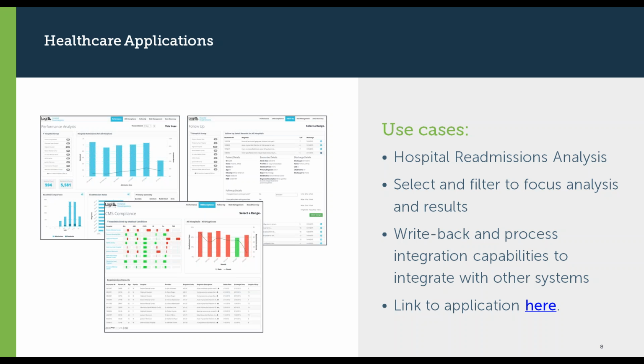Now, this application also goes one step further. It's not just about selecting a filter, a location, a hospital group, and looking at the data. It's the ability to drill into that data, go find underlying information, and actually interact with it. On one side, there is a lot of value to being able to see some of the readmission data, but you also add even more value by allowing the person, once they're looking at it, to update it.